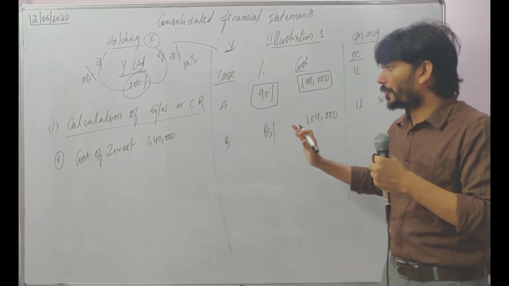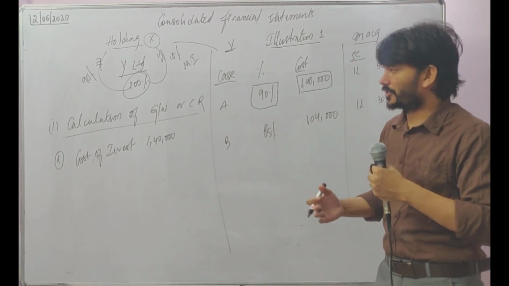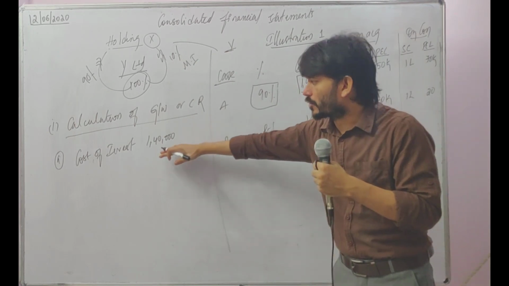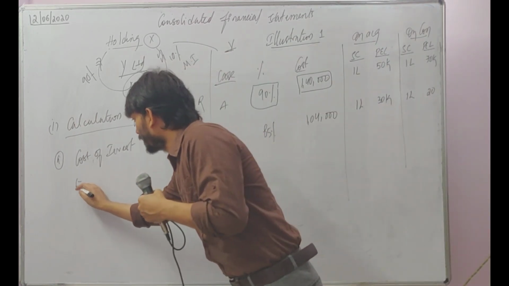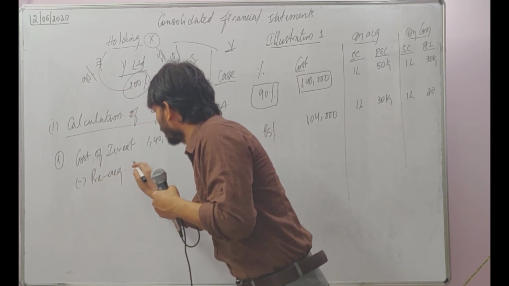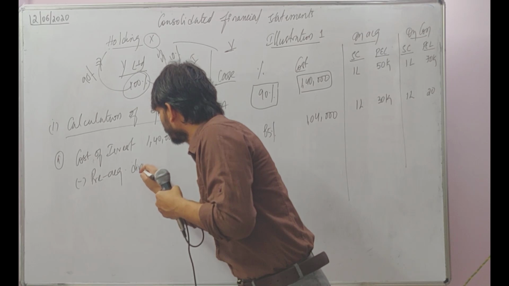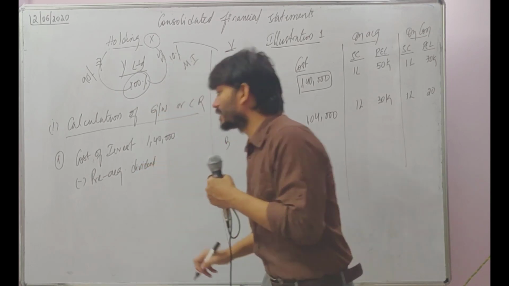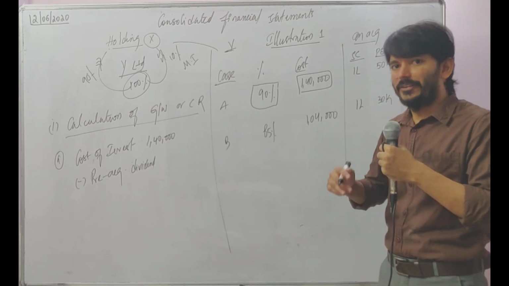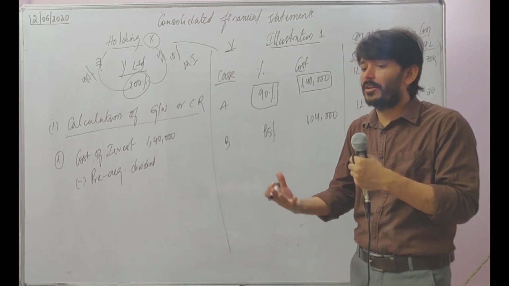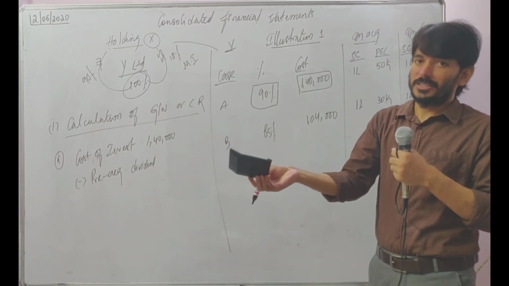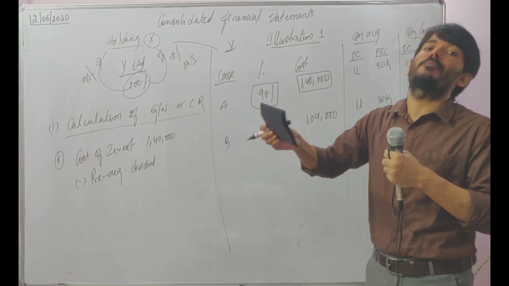Okay, so again, come back to our discussion. 1,40,000 is what I am paying. So that is the cost of investment minus pre-acquisition dividend. What is this? I have explained thoroughly in the first part, which means that even before I became the owner of this calculator, it started giving me some results.